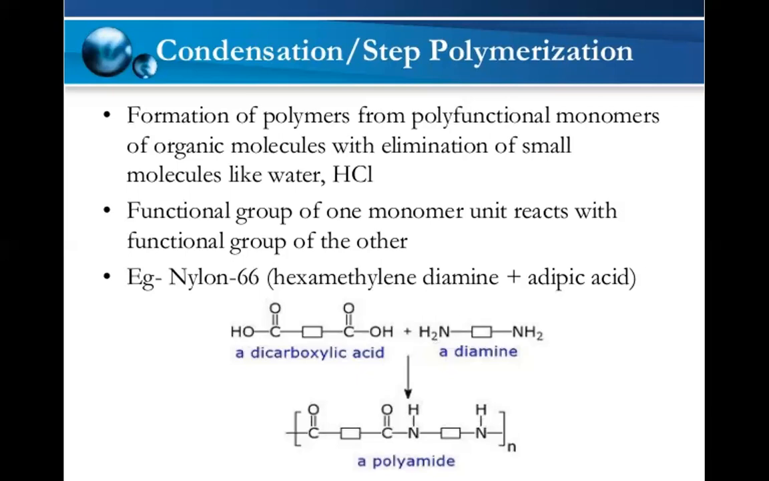The functional group of one monomer reacts with the functional group of the other monomer. An example of this is nylon 6,6. Nylon 6,6 is made from hexamethylene diamine and adipic acid. This nylon is formed by the condensation of hexamethylene diamine. This is hexamethylene diamine, and the box indicates